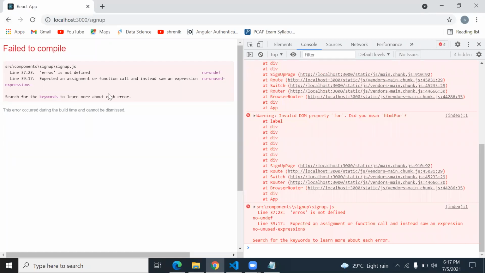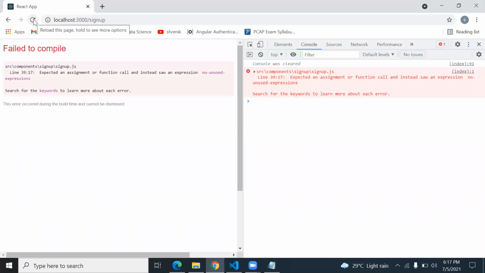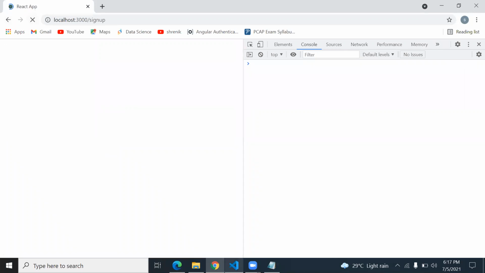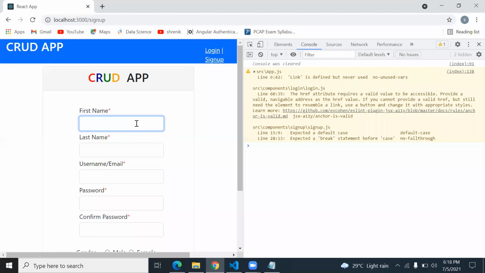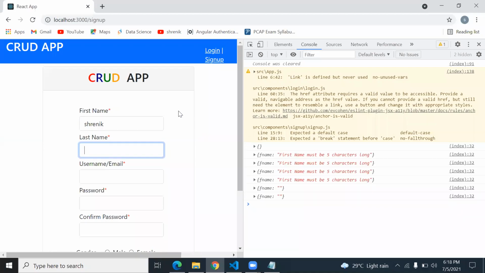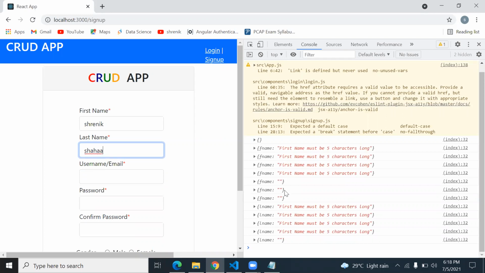Errors is not defined. Spelling mistake. So I type everything correct. So first name must be 5 characters as per the condition. Okay, just type something.